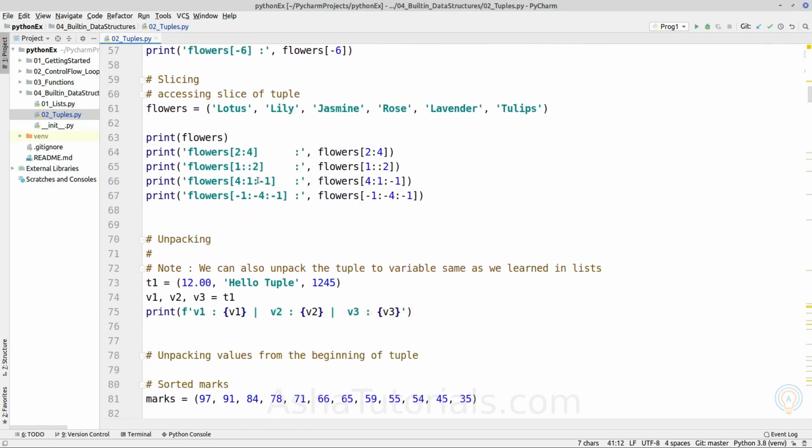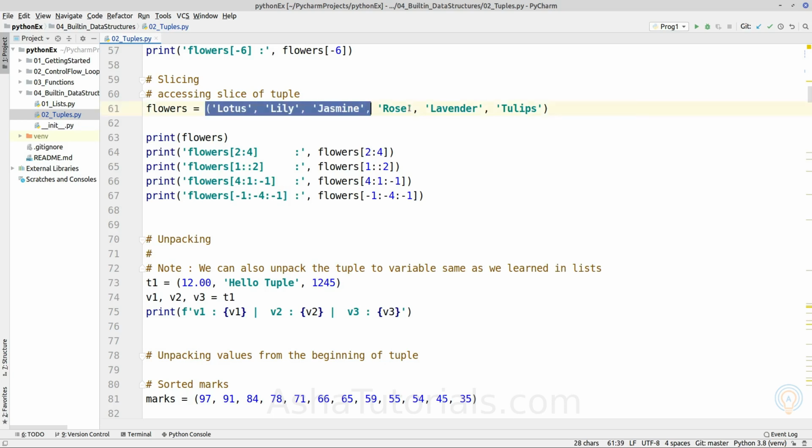Next topic is slicing. Slicing is also the same for the tuple object as we saw for the list and string. For a tuple object, it will return another tuple object containing a part of the given tuple object.